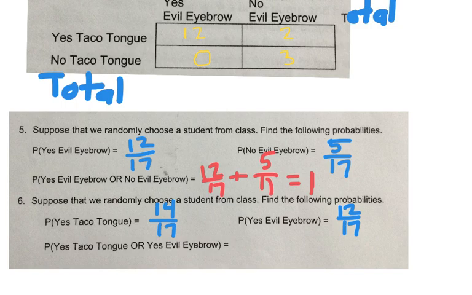So here's what we have to do. What's the probability they said yes to taco tongue? That's the people that are in black. There were 14 out of 17. Or we're going to add, what's the ones that said yes to evil eyebrow? These 12 said yes to evil eyebrow. So it's going to be plus 12 over 17. But some of those people got counted twice. Which ones got counted twice? The people in the middle. So we would need to subtract